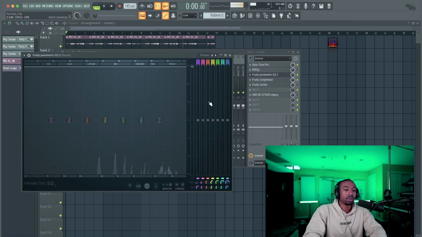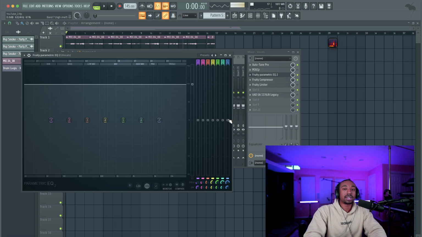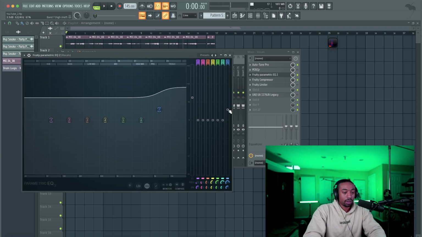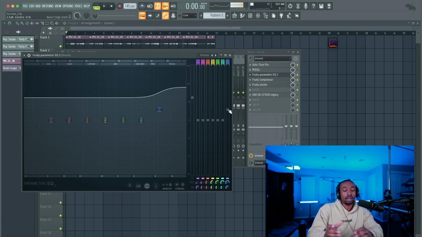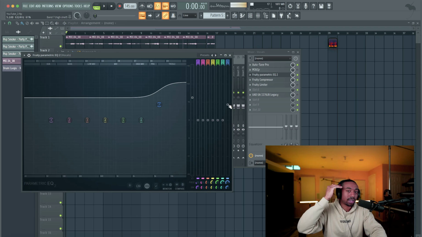Now, another cool thing you could do, now this is exaggerated because I'm pushing it so you can hear. Another cool thing you could do is EQ going into a compressor. So what I could also do is add what's called a high shelf. Going back to our EQ tutorial, I'll link it below. You could push the high frequencies into a compressor to exaggerate the high frequency content.